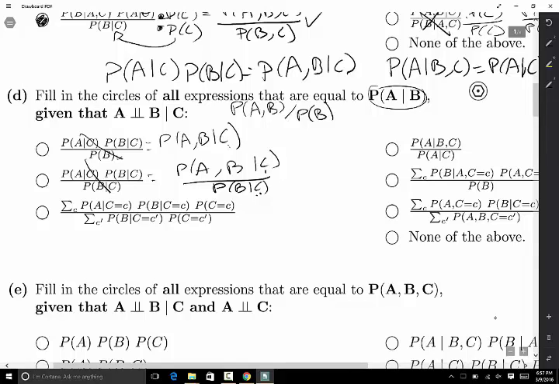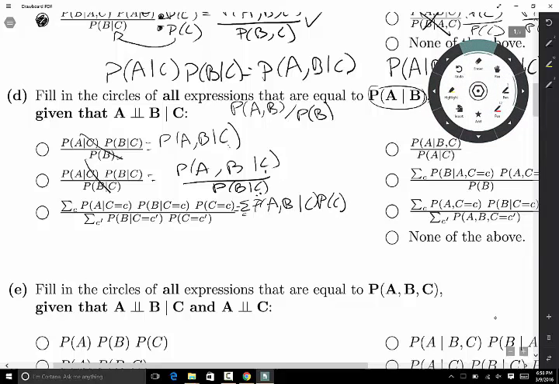Third option, we're summing out C's. So this looks pretty promising because we're going to be able to get rid of the C's at the end, but we can use them to manipulate A and B in ways where they're independent. So the numerator of the expression is equal to summing over C of the probability of A and B given C times the probability of C. So this means that it's just equal to